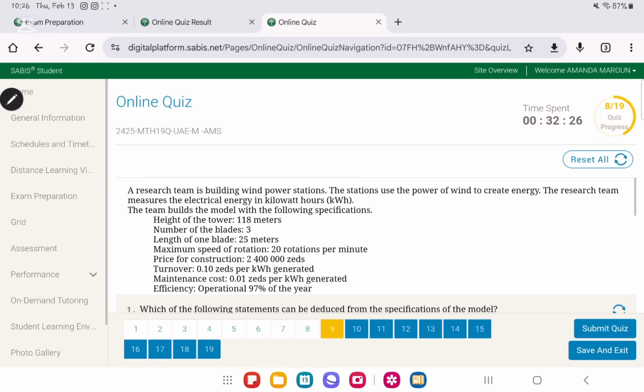A research team is building wind power stations. These stations use the power of wind to create energy. The research team measures the electrical energy in kilowatt hours. The team builds the model with the following specifications. The height of the tower is 118 meters, the number of blades is 3, the length of one blade is 25 meters, maximum speed of rotation is 20 rotations per minute, the price for construction is